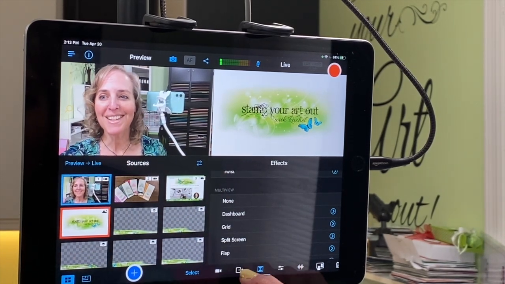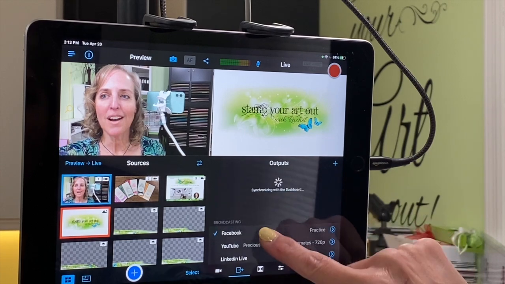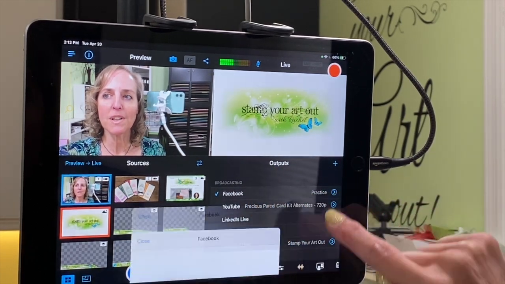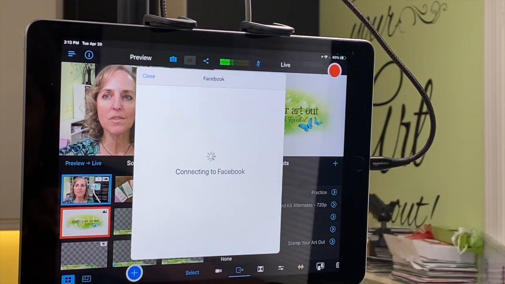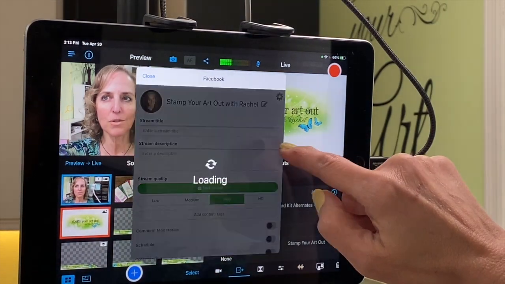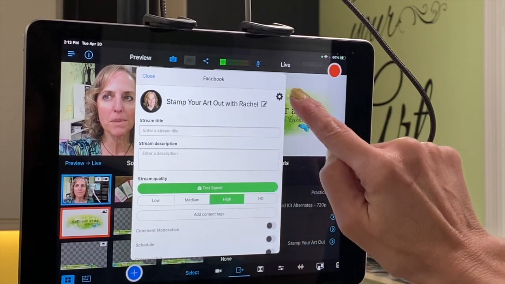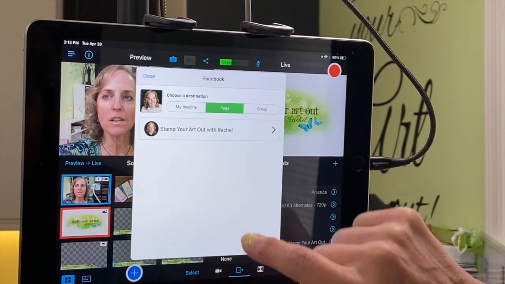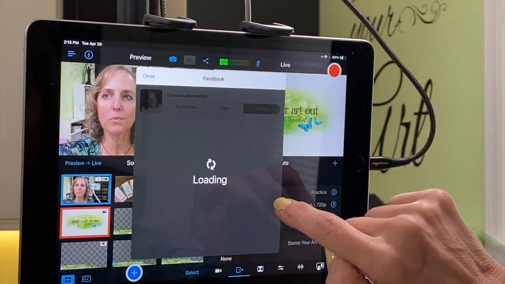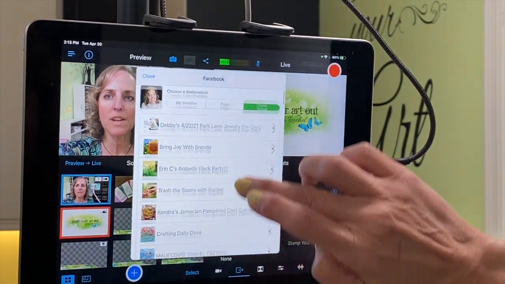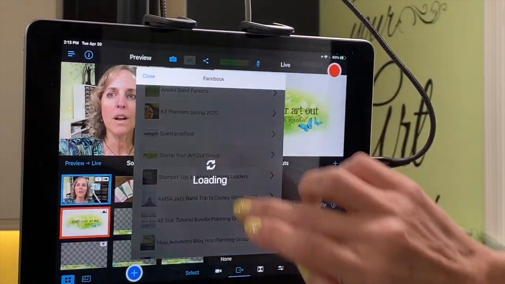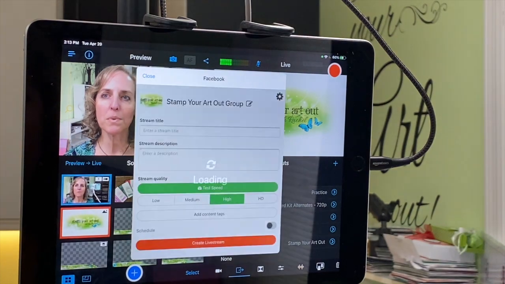Okay, so we're now going to go to our outputs, and we're going to go to Facebook again, but this time when we go to this screen, I'm going to show you what it's like to connect in a group. So it's remembering the last place I went. I am going to click this little button up here, click choose new destination, click group. You can also go live in your timeline. Pretty cool, huh? So now I'm going to scroll through, here it is, Stamp Your Art Out group, and they